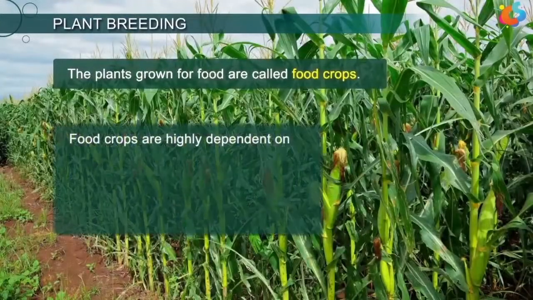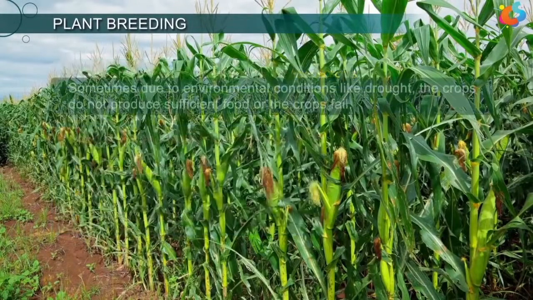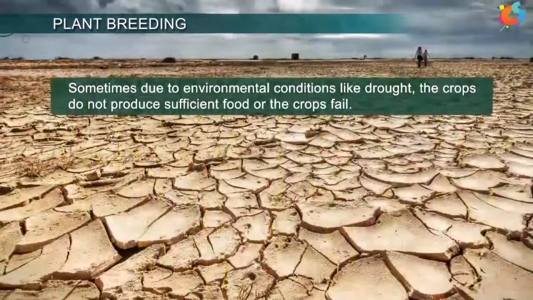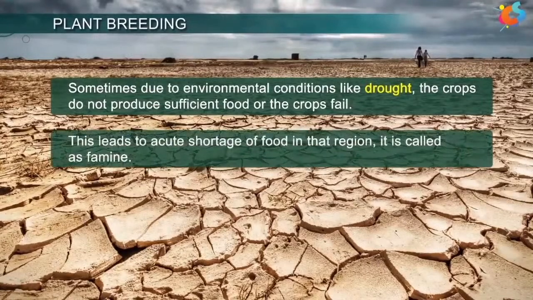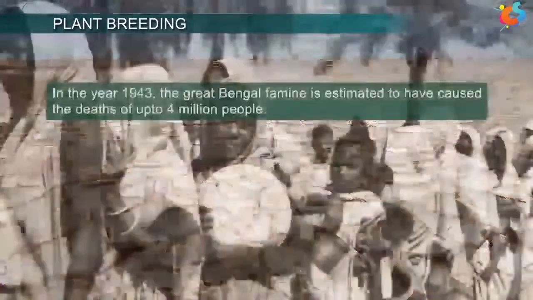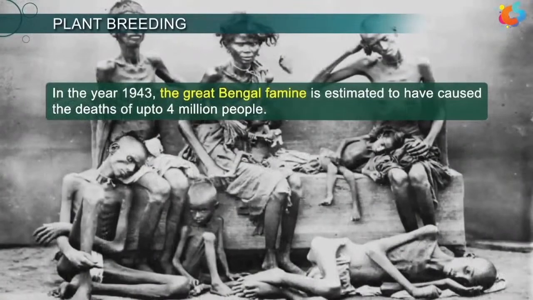Food crops are highly dependent on water availability, soil, and climatic conditions. Sometimes, due to environmental conditions like drought, the crops do not produce sufficient food or the crops fail. This leads to acute shortage of food in that region. It is called a famine. In the year 1943, the Great Bengal famine is estimated to have caused the deaths of up to 4 million